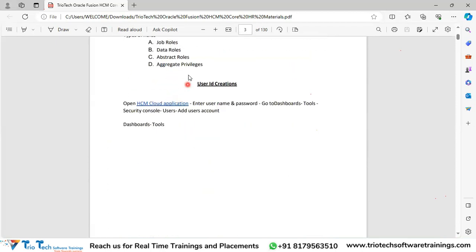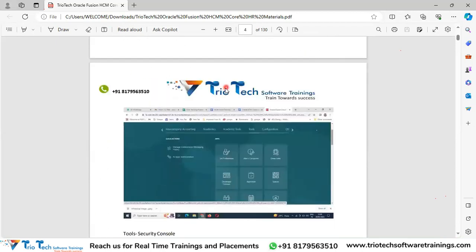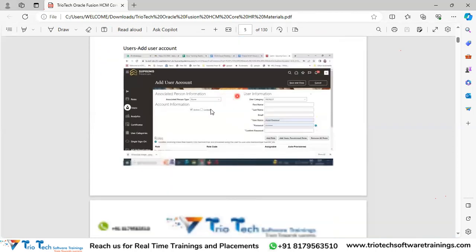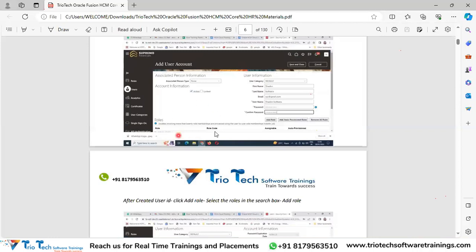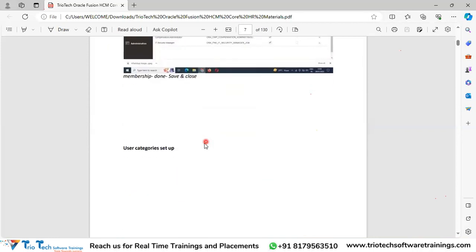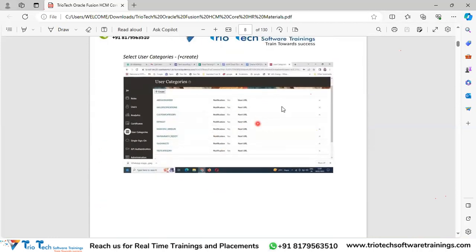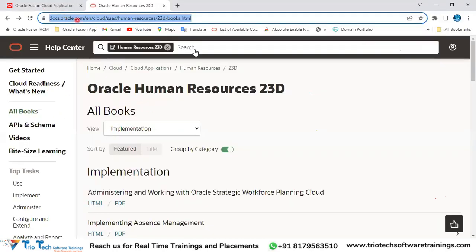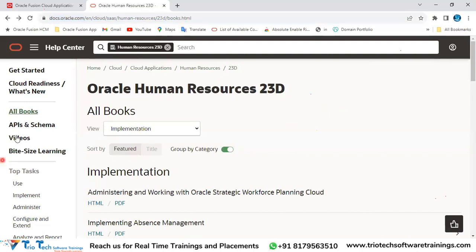So we have a step-by-step guide on how to implement that particular module team. With screenshots and navigations, we have that material. So you will be getting all these materials for every module where you can use it and you can configure the system by following the steps here. But on top of our customized material, if you want to refer to Oracle standard delivered materials team, then you can use this